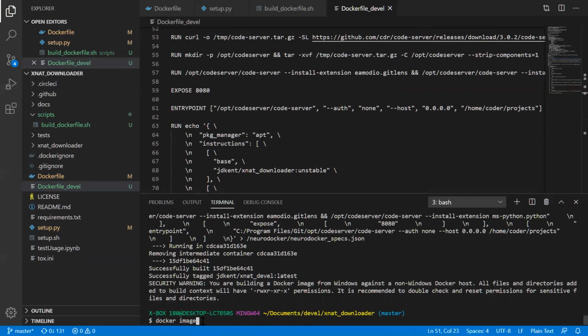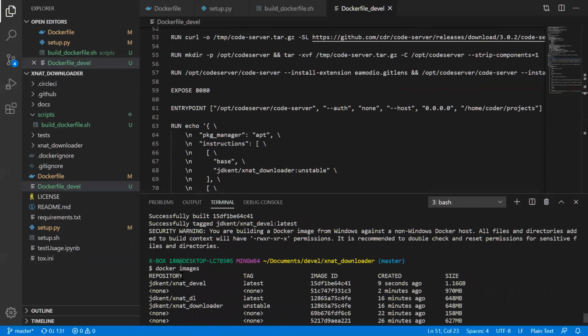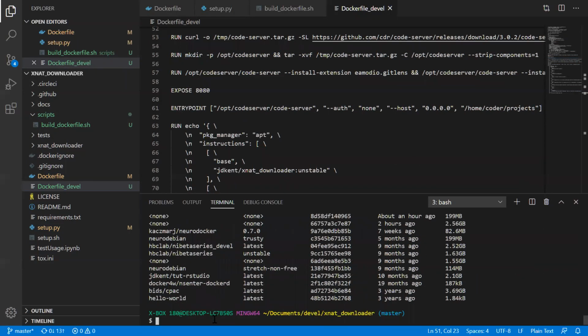So look at our Docker images, see what we have. A bunch of blank images of this xnat devel. Okay, so let's see if I can run it. If I have docker run, I don't think I need to specify IT, but I will anyways. Then port, let's say 8080 to 8080. And then it's going to be